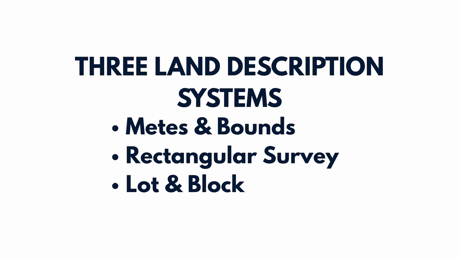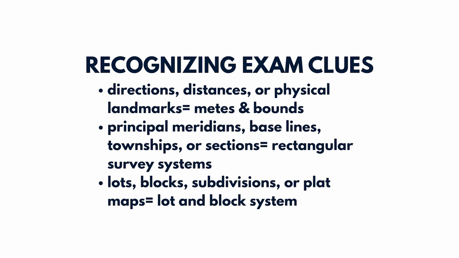These systems are meets and bounds, rectangular survey system, and lot and block. A helpful exam strategy is to look for clues in the wording of the question. If the question describes directions, distances, or physical landmarks such as trees, rivers, or monuments, the correct answer is likely meets and bounds. If the question references principal meridians, baselines, townships, or sections, the correct answer is likely the rectangular survey system. If the question refers to lots, blocks, subdivisions, or plat maps, the correct answer is likely the lot